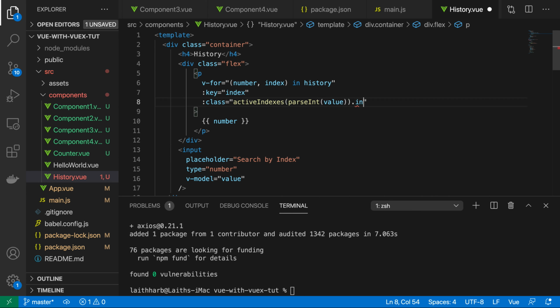Then we say if this array includes this particular index that we're iterating over, then we want to give it